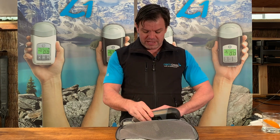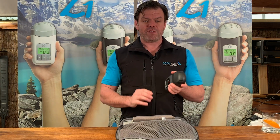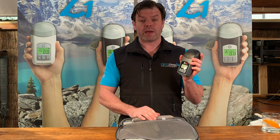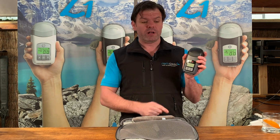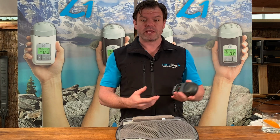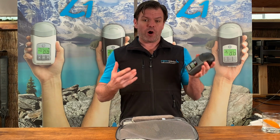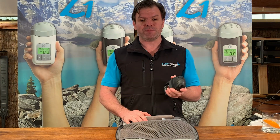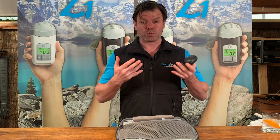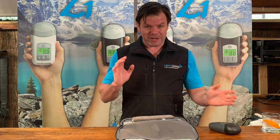All right, firstly, it's the little Z2 Auto Travel CPAP machine. If you are looking to get a travel CPAP machine, this is one you want to go for. It's one of the lightest, one of the smallest, it's one of the quietest. It works with any mask, but the best thing about it is it's the only 12 volt travel CPAP machine, and being 12 volt, it just works great with battery systems,